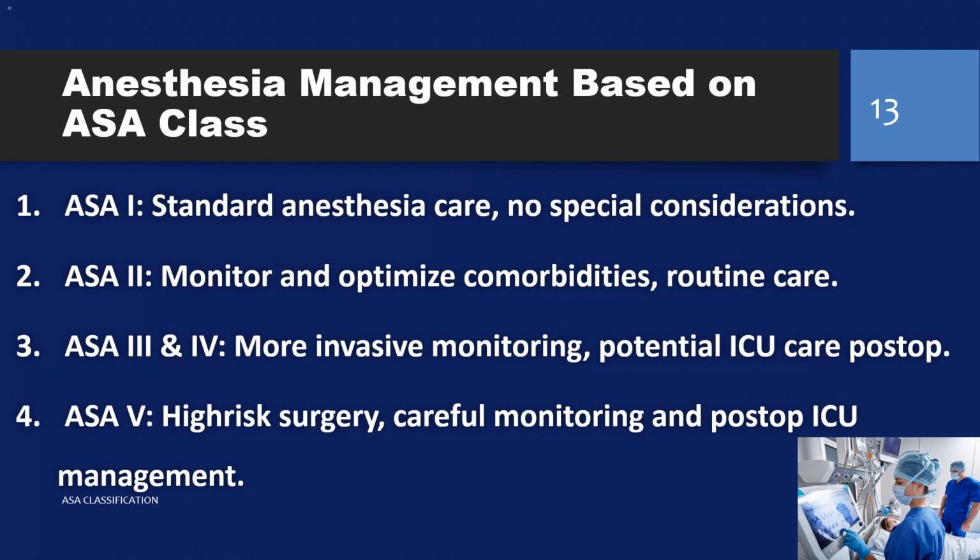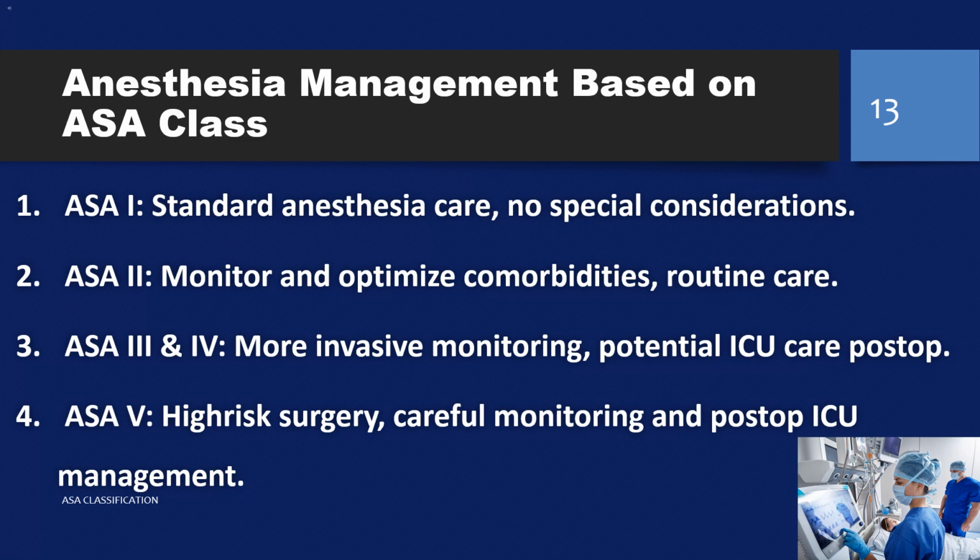Careful monitoring: these patients require careful monitoring during surgery to minimize risks. Post-op ICU management: after surgery, they will likely require ICU care to manage their condition and prevent complications. The ASA classification guides anesthesia management, with the level of care and monitoring tailored to the patient's specific needs and